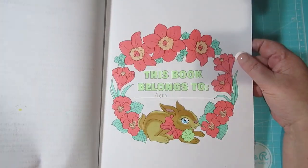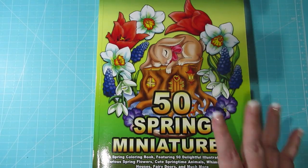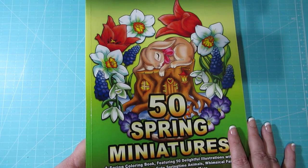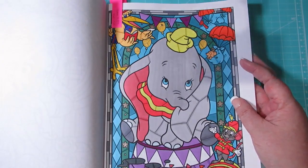And the belongs to page. So yep, very sweet book. I just had to get it, because we're nearly in summer already, it's only a few days and we're in summer, and I haven't coloured anything spring yet, so I thought that was appropriate. This one has lots of,